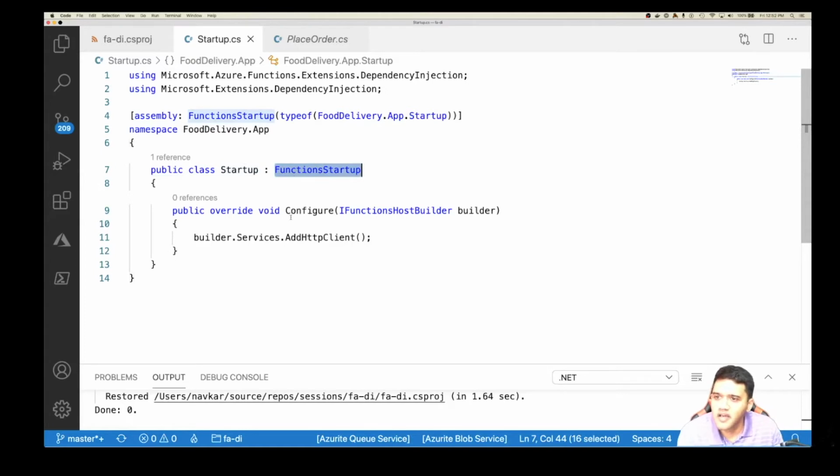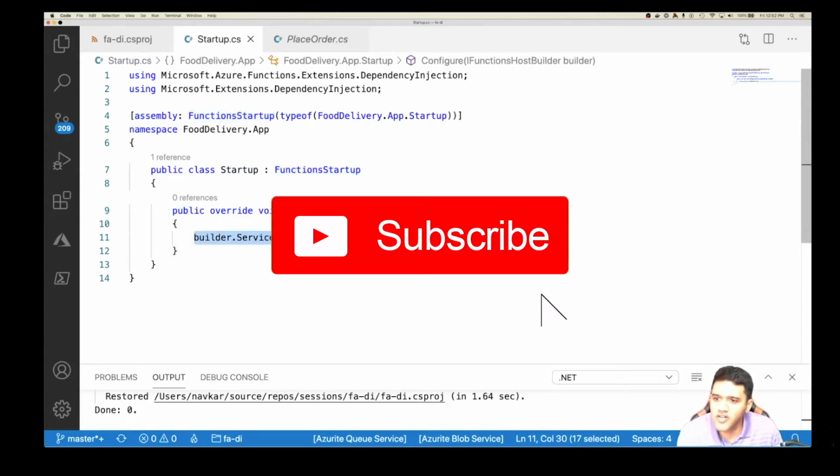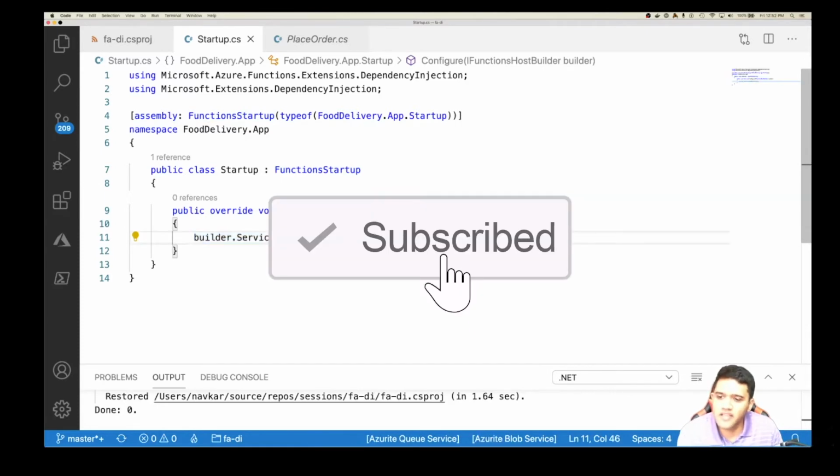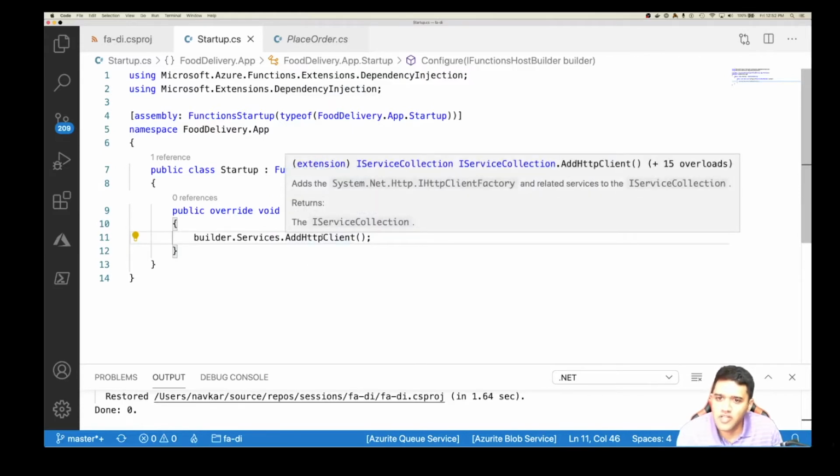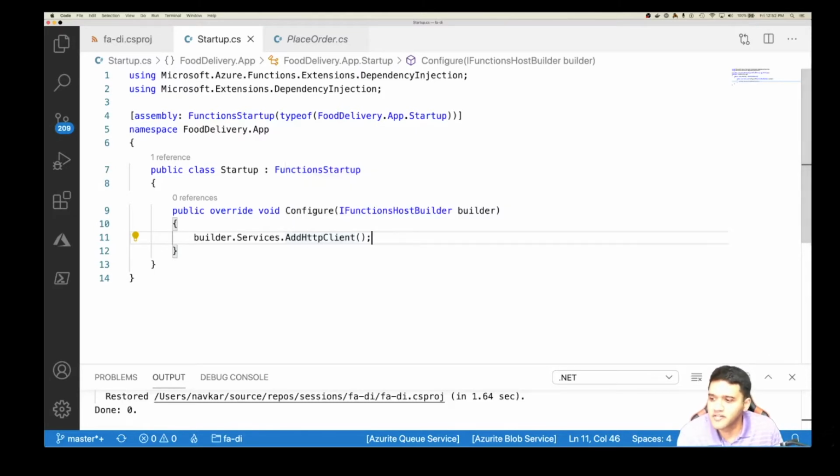In this Configure method, I've added builder.Services.AddHttpClient. Basically, I am saying that we have a dependency injection for HttpClient because we're using IHttpClientFactory, as you can see here in the documentation.